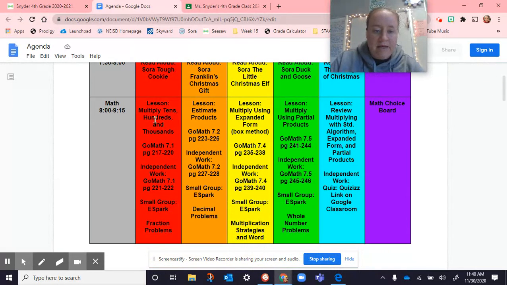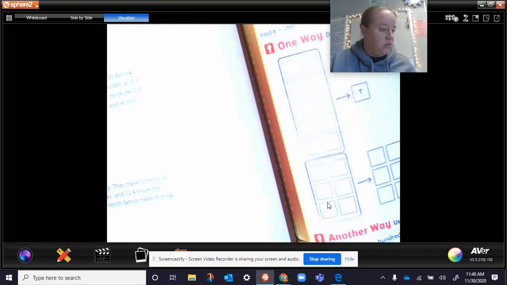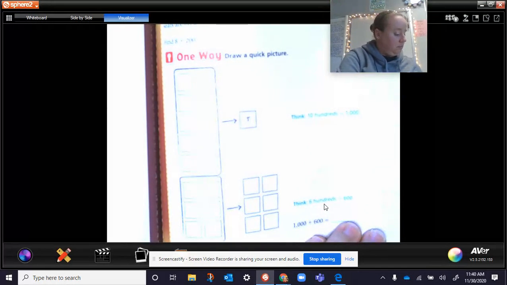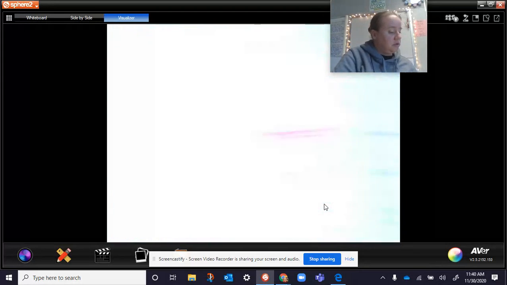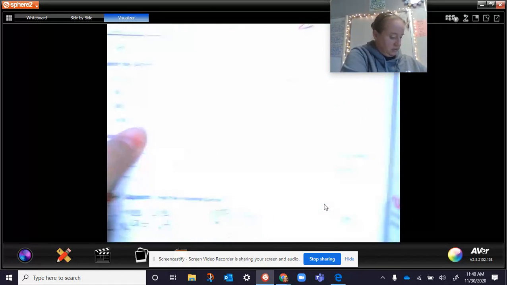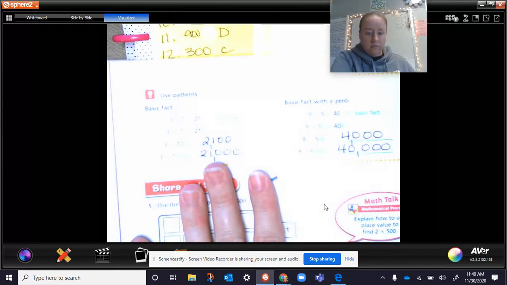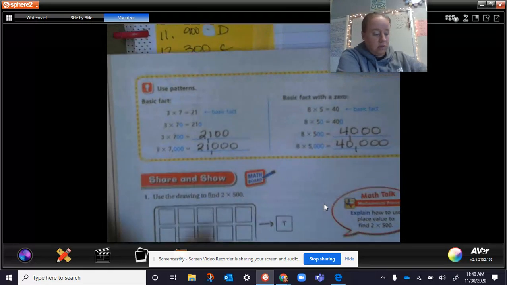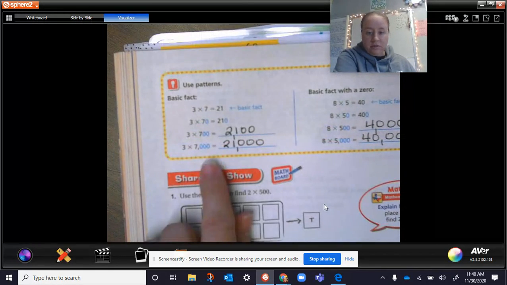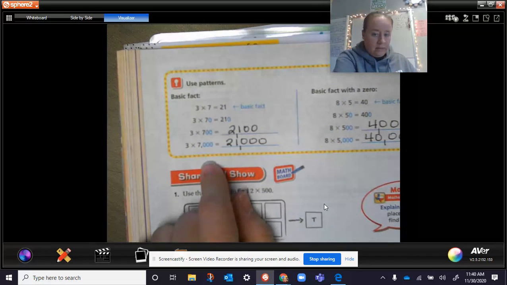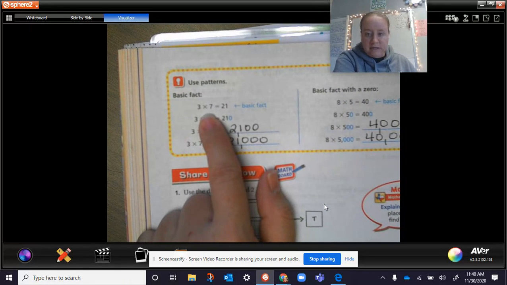So for math here, we did a review with how we multiply things by 10, 100, and 1,000. So we went to 7.1, and let me show this here. Excuse me. So in 7.1, let me get this focused. There it goes. All right, so in 7.1, we looked at the base fact, just 3 times 7, which is